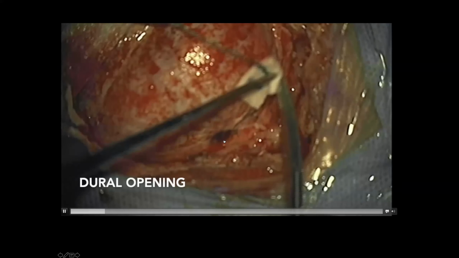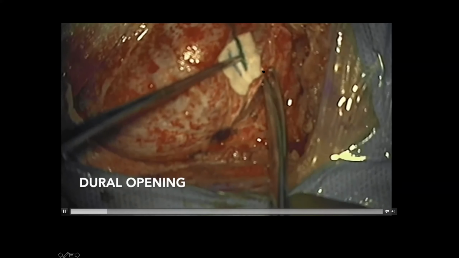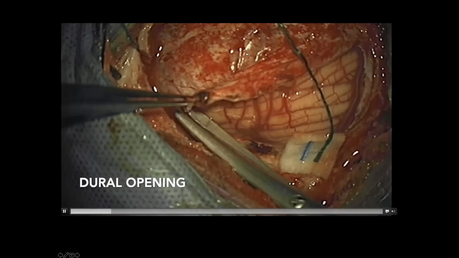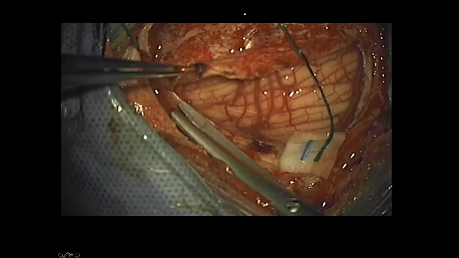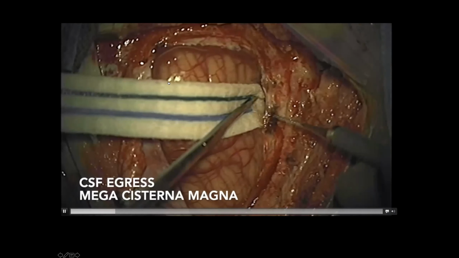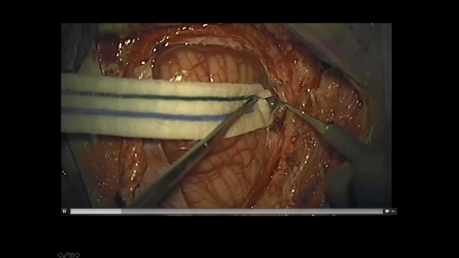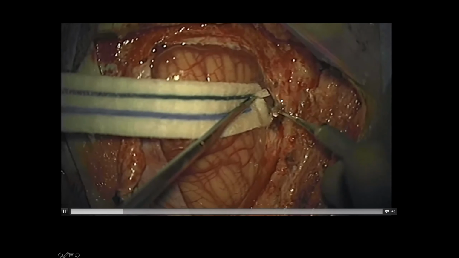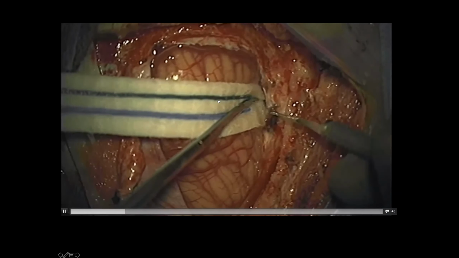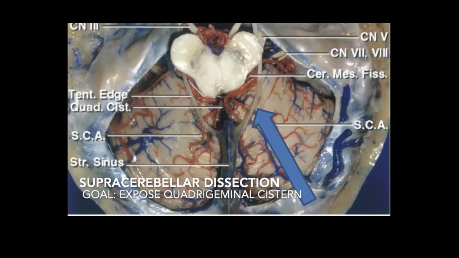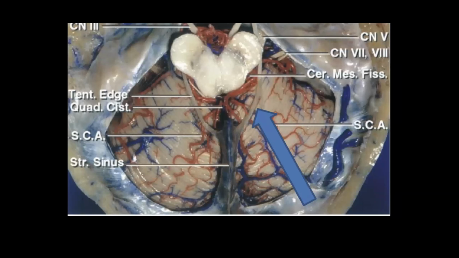Once your craniotomy is performed, you open the dura in a C-shaped fashion, and you'll reflect the dura superiorly towards the transverse sinus. So here we are opening up the cisterna magna. Without opening the foramen magnum, you can still gently retract the cerebellum, and here I am opening the cisterna magna, obtaining further egress of CSF. I can't stress enough how critical it is to get maximal CSF egress through lumbar drain or cisterna magna.